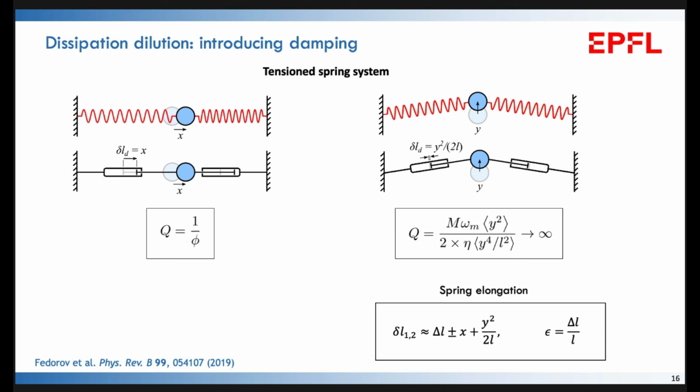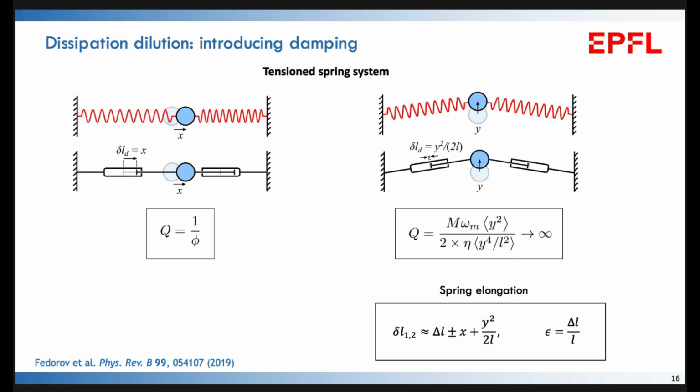Now, if you don't have an in-plane motion, but rather an out-of-plane motion, then let's look at the following. You can look at the elongation of the spring due to the motion. In the in-plane case, the elongation delta L is just linear in displacement, that's very obvious. But in the case where you have an out-of-plane motion, there's something very interesting happening: the change in the length of the spring is actually quadratic in y. So, be cautious with our terminology now, but this is a geometric nonlinearity. The elongation of the spring being quadratic in displacement gives rise to loss dilution, which is very